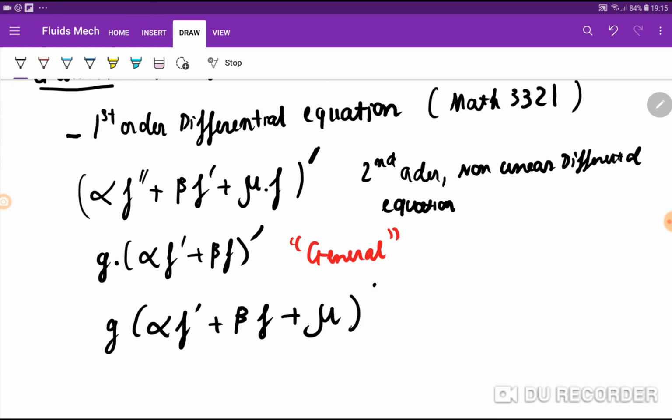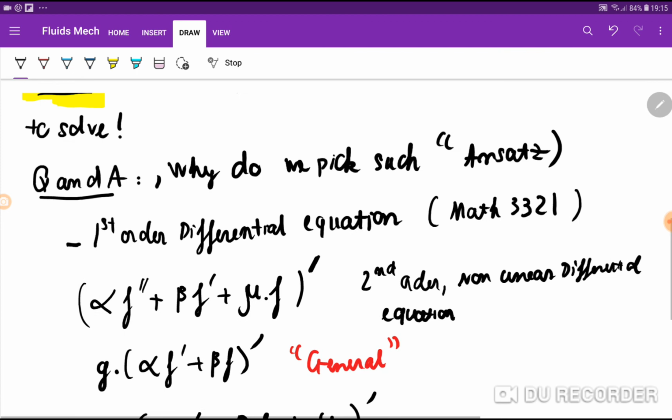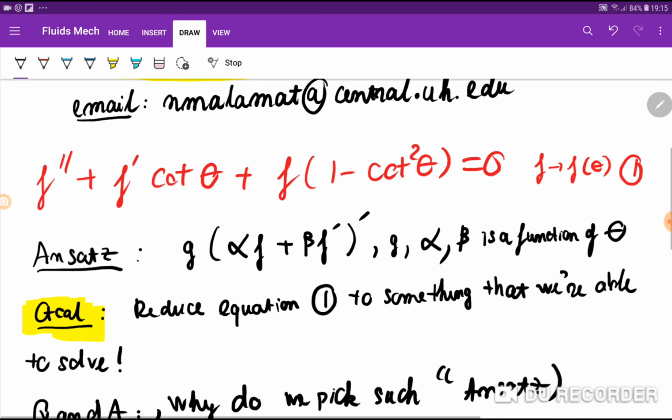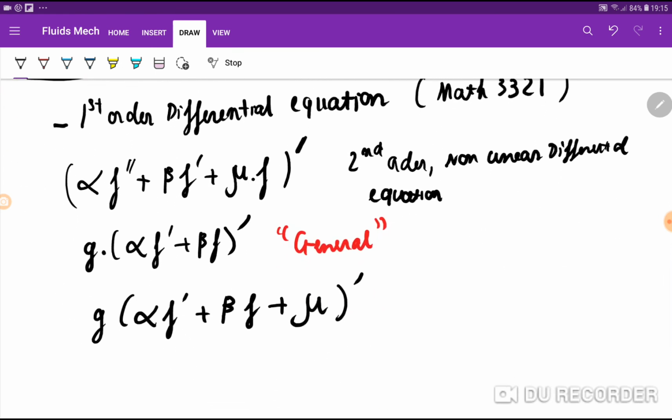Mu, right? When mu is a function of f. Now, the reason why we don't do this is because if you look at the first equation, equation 1, you see everything here has the coefficient of f, right? You see what I'm saying? So when you differentiate this, it won't have f or f prime or f prime prime as a coefficient. What I mean is when you pull this term out, this blue term out right here,